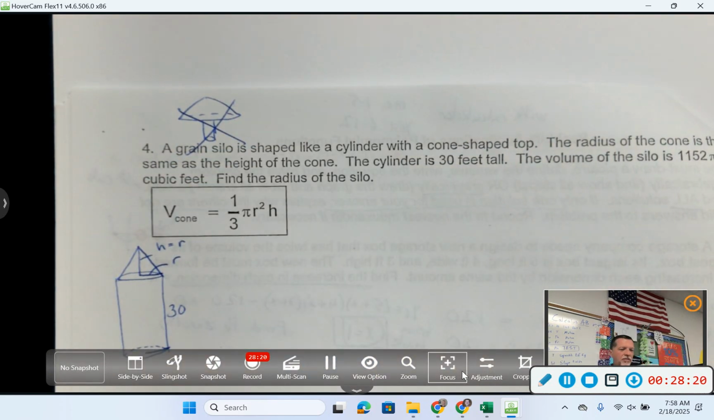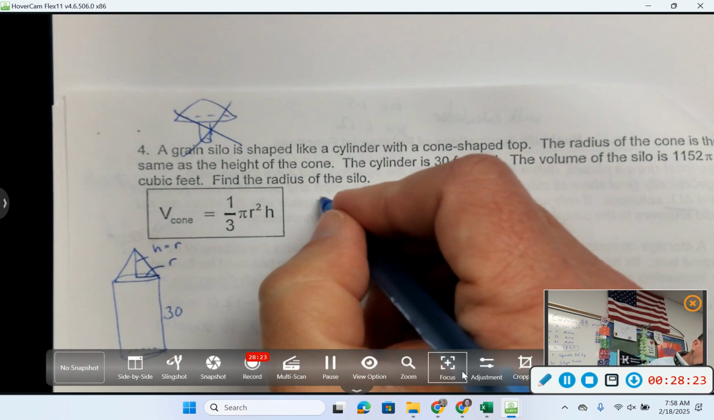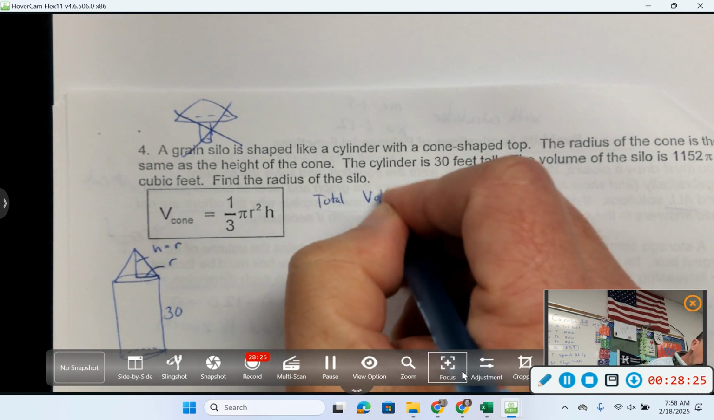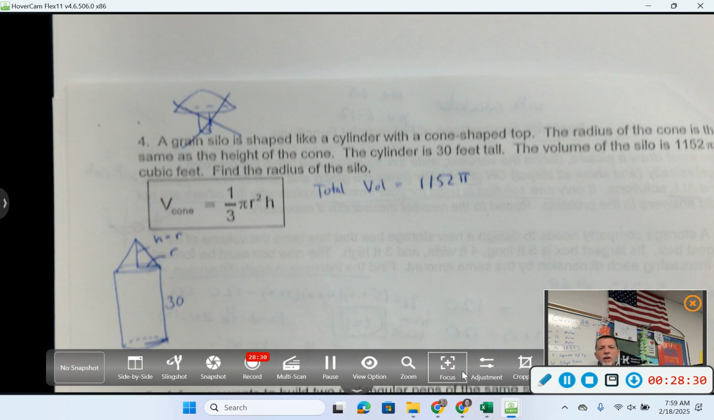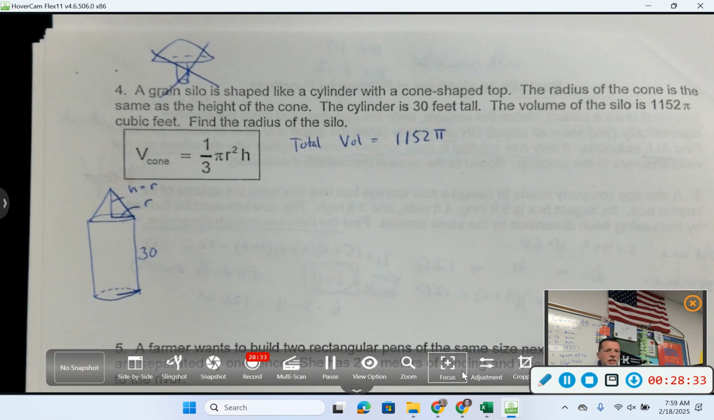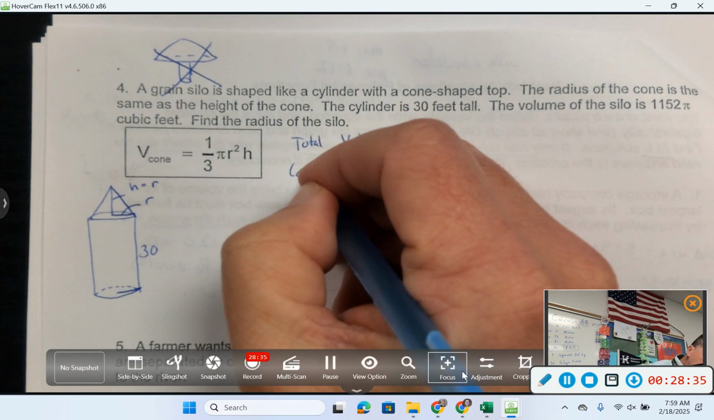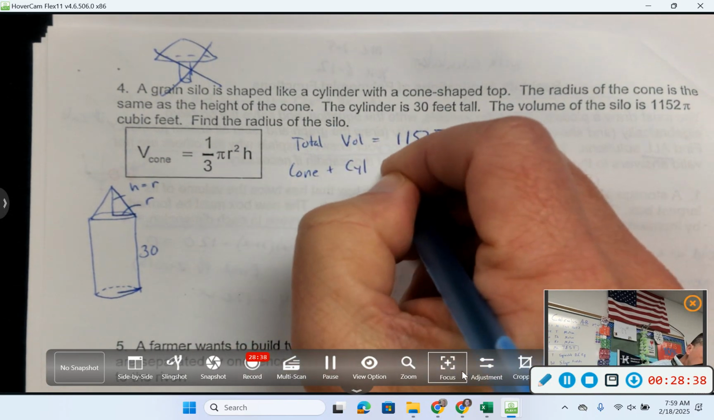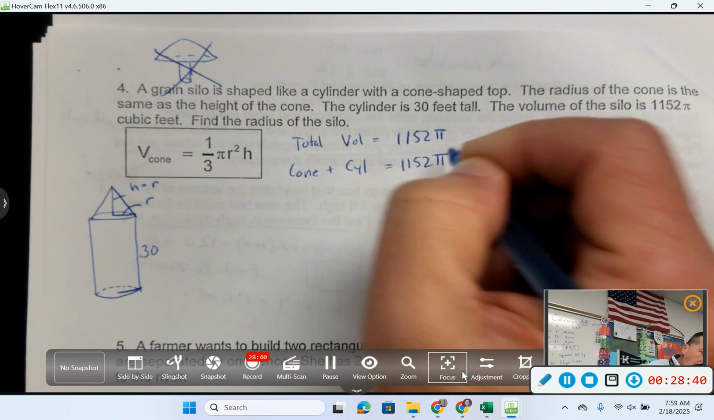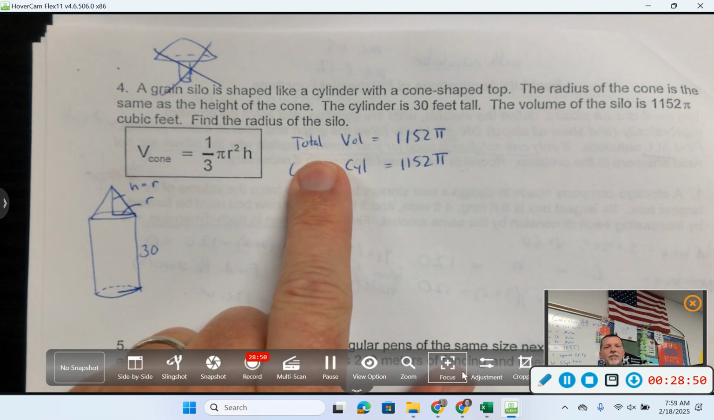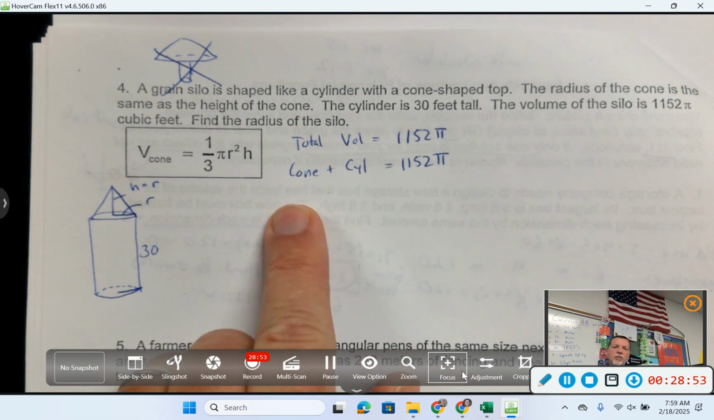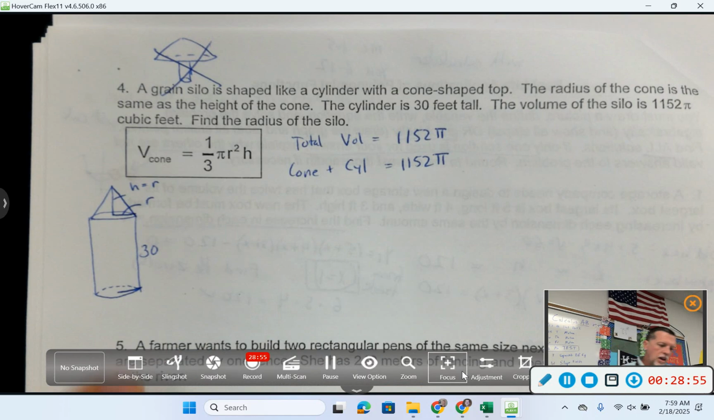Let's see. So I need the total volume to equal 1152 pi. Okay, so what are the two things that make up the volume? The volume of the cone and the volume of the cylinder. So cone plus cylinder needs to equal 1152 pi. All right, slow down. You're not going to be able to jump to a final equation on these. You're going to have to work through and write out what you're thinking. So the total volume is 1152 pi. That's made up of the cone and the cylinder. It gives me the cone,